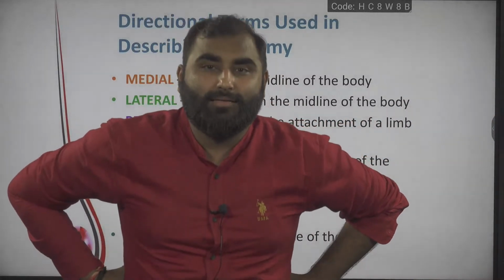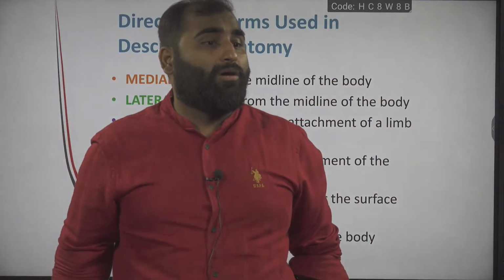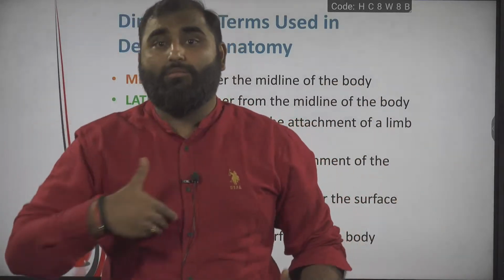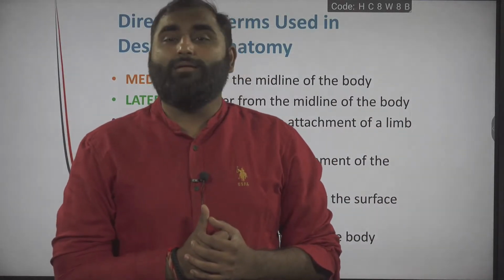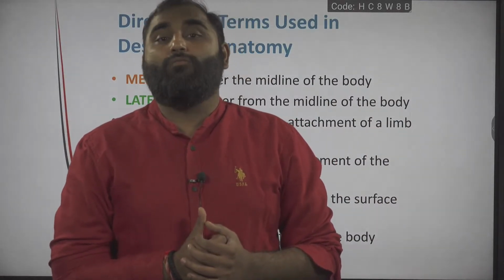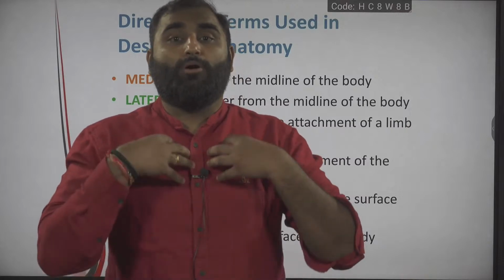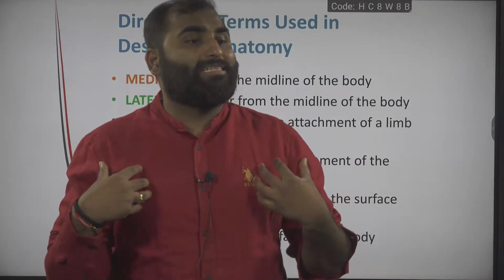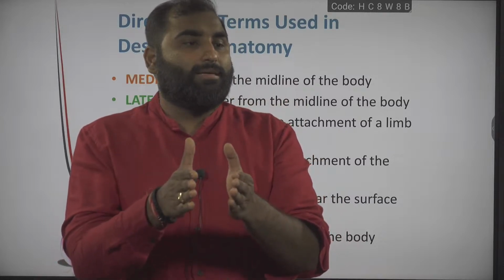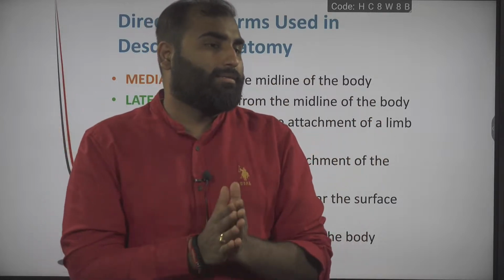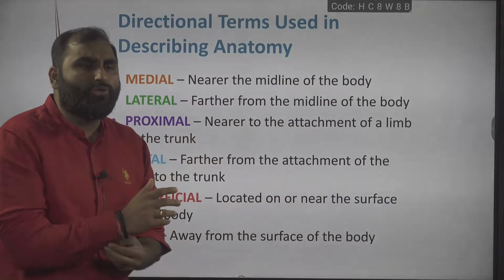Am I clear? I can say your limbs, upper limbs and lower limbs, are lateral to your body, laterally located. Yes, everyone? And what about your rib cage? Is your rib cage laterally situated or medially situated? Medially, made by the ribs and all. Yes or no, guys? So many places you are going to use